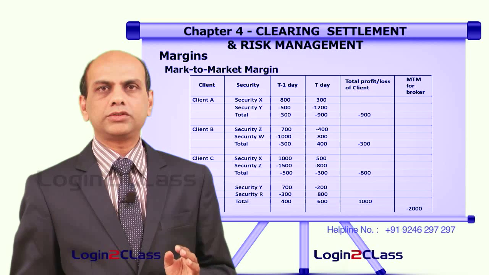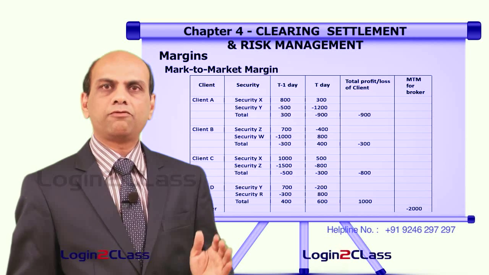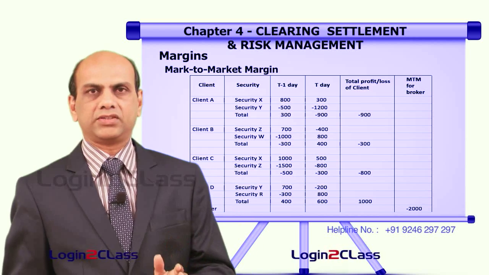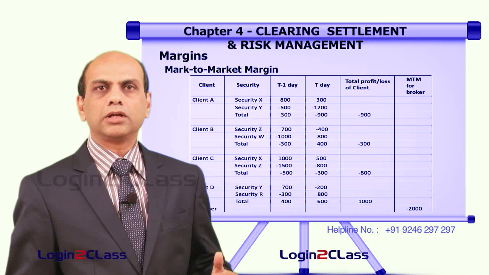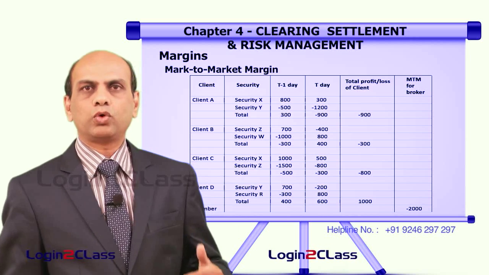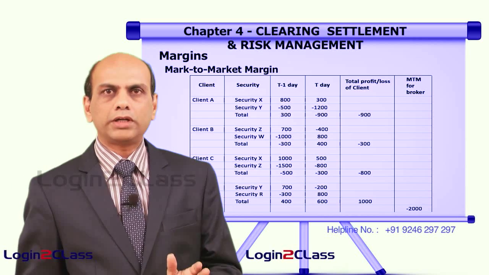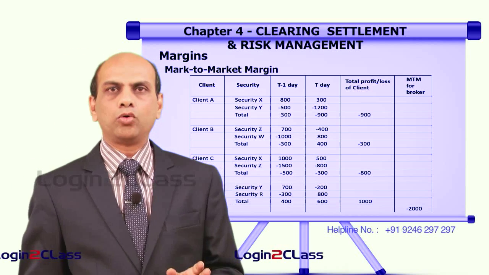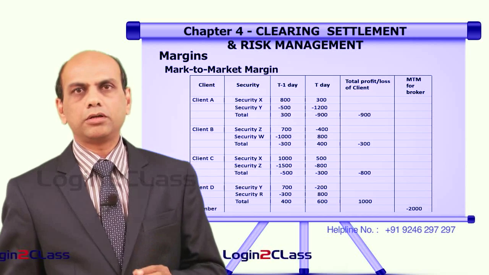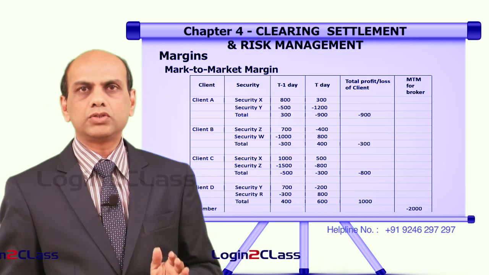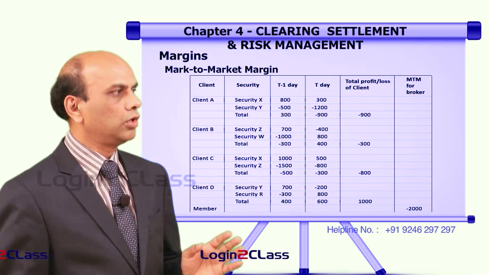This 2000 rupees totals the MTM for 2 different days, T minus 1 and T day. So we have quoted the total amount which the trading member would have paid to the exchange, 2000 rupees. This is how the MTM is